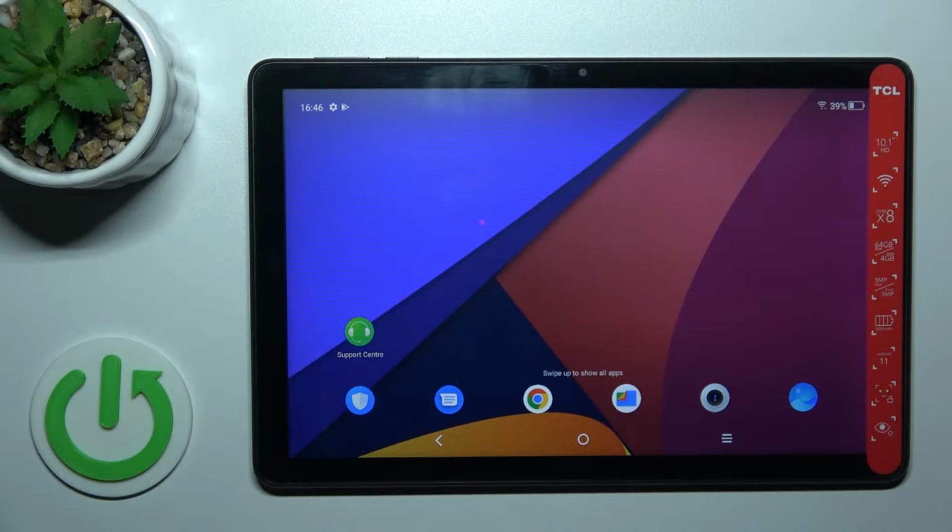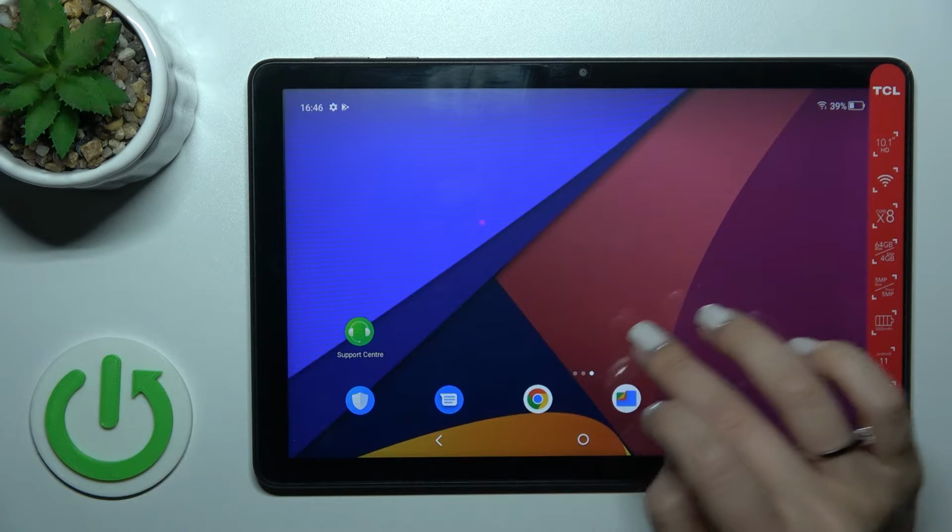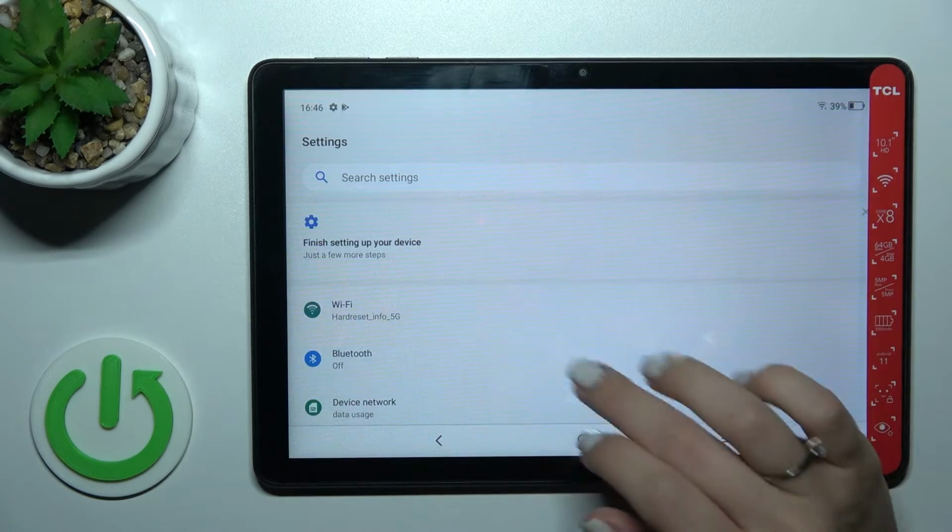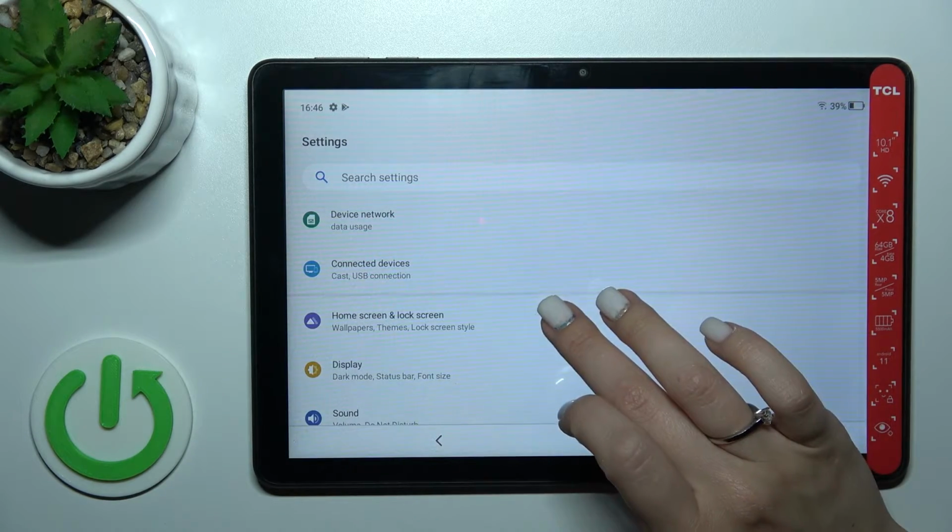Welcome, today in front of me is the TCL 10, and I'll show you how to change the lock screen wallpaper on this device. So let's first open the Settings application, and after that scroll down to the Home screen and